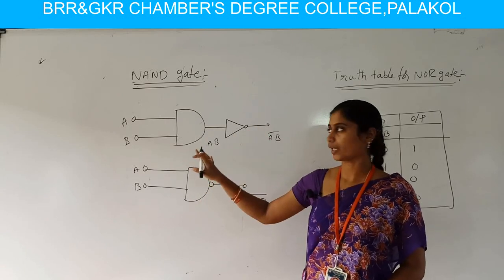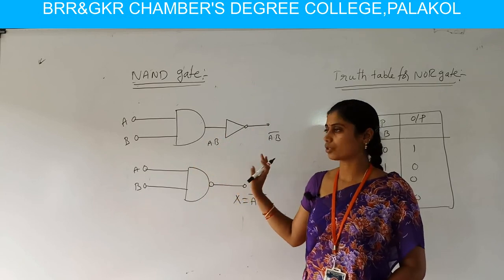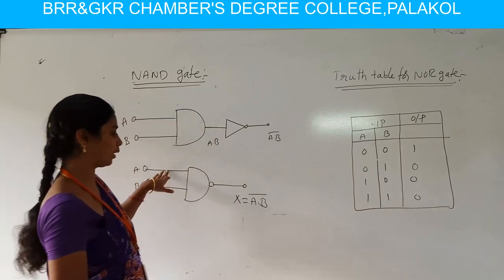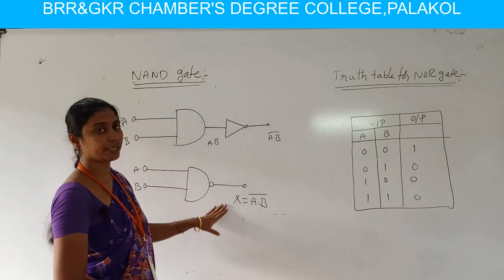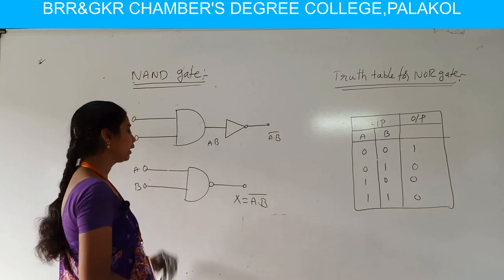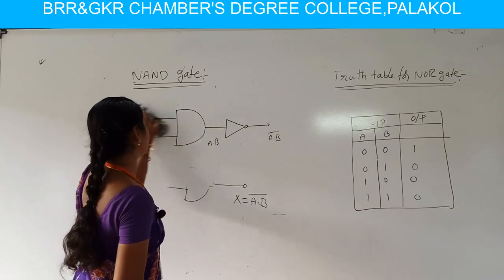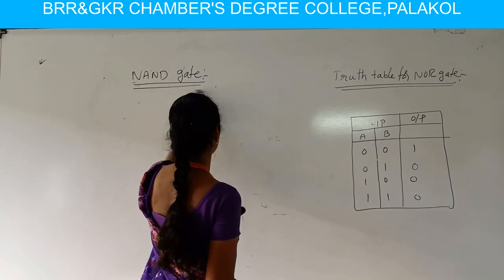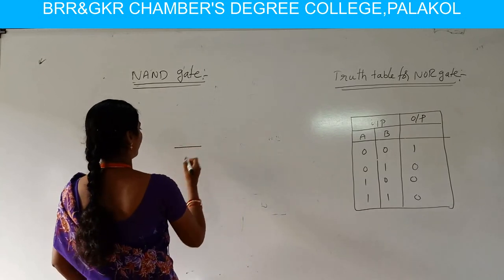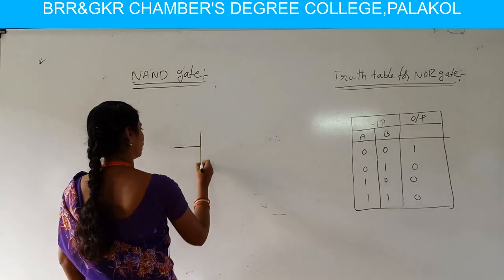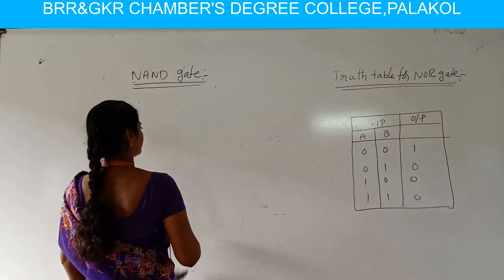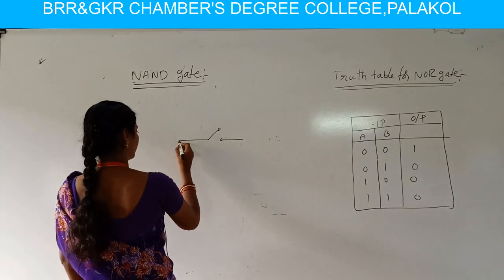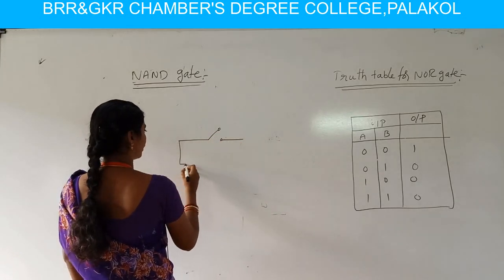In a similar manner to the NOR gate, we construct the NAND gate also. So the switches diagram for the NAND gate is as follows. I hope you are following; this is the symbol for the NAND gate. Then we go for the switches diagram for the NAND gate. Here also we consider two switches, A and B. These two switches are connected to a battery. So here is a switch A, another B, and these two are connected with a battery.